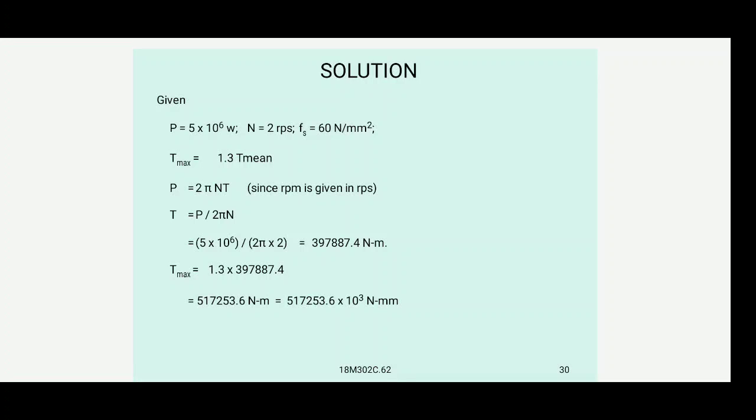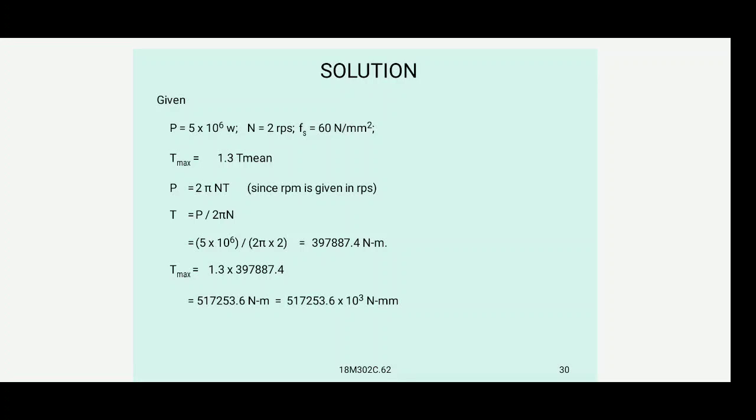Given data: P is equal to 5 into 10 to the power 6 watts, N is equal to 2 RPS, Fs is equal to 16 Newton per mm square, T maxima is equal to 1.3 T mean. So T is equal to P by 2 pi N, that is equal to 5 into 10 to the power of 6 by 2 pi into 2